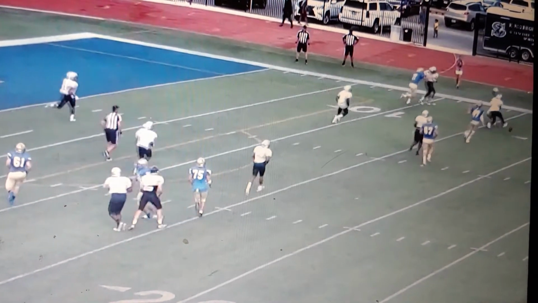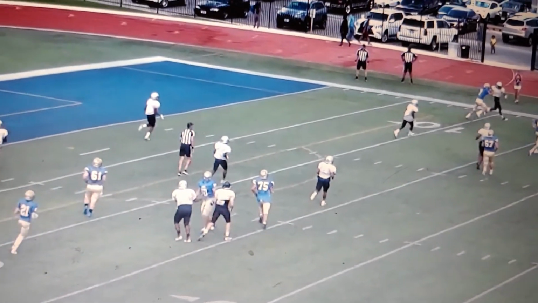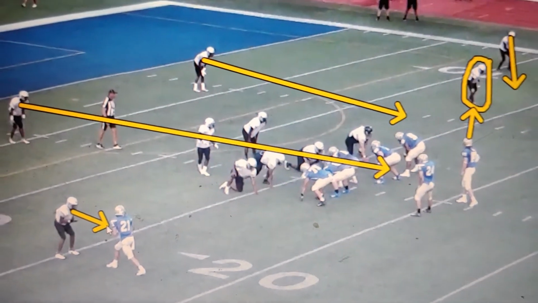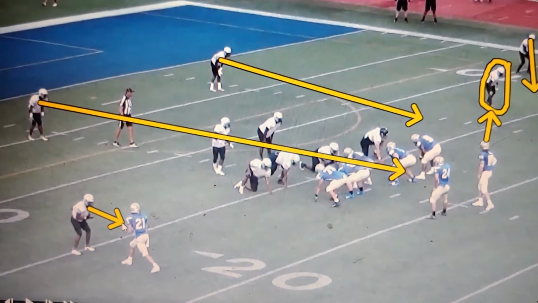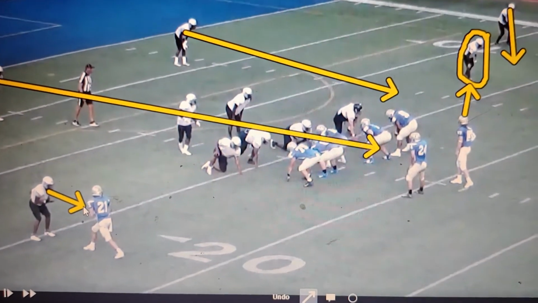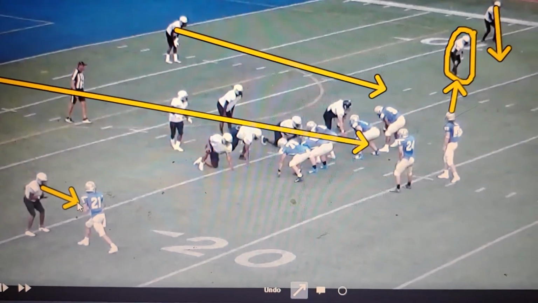And the flat defender comes over and makes a good play. He wasn't getting anywhere, but that was RPO. Now, as you look at this, you look at the defense. You see the 2 defensive backs, the 2 safeties, the middle of the field is open. They got their eyes on that quarterback. Look at the quarterback. The quarterback got his eyes on the flat